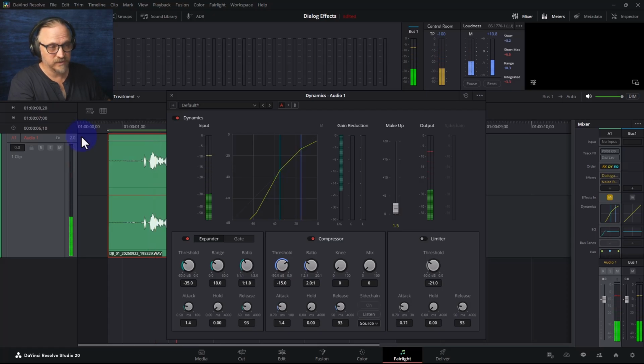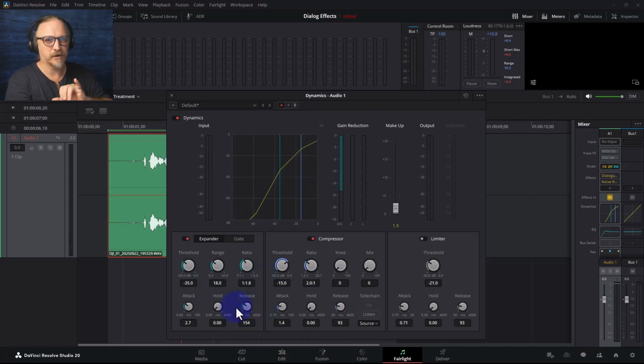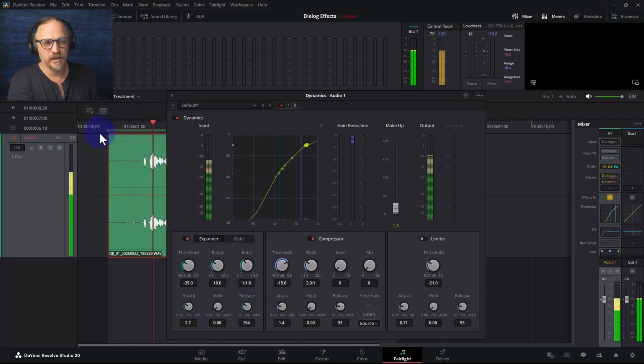So the breath is still there, and still sounds relatively natural, although there's a little bit of pumping. Listen to it again. The greatest work of your life. It sounds a little unnatural, so I'm going to turn the attack up and the release up, which will make the compressor, the expander in this case, move a little bit more slowly so that the differences aren't quite so obvious. Let's hear that. The greatest work of your life is to remember and integrate all aspects of yourself.